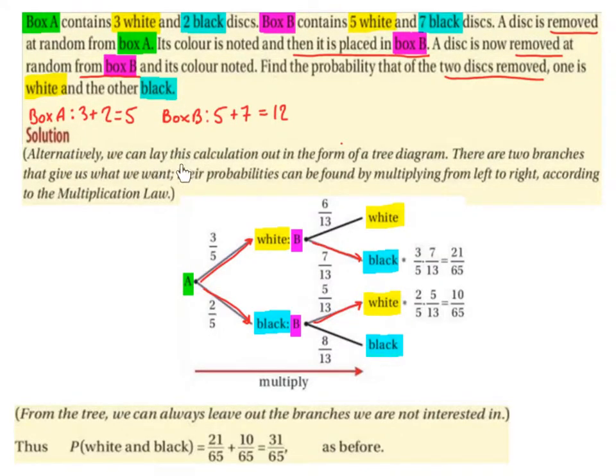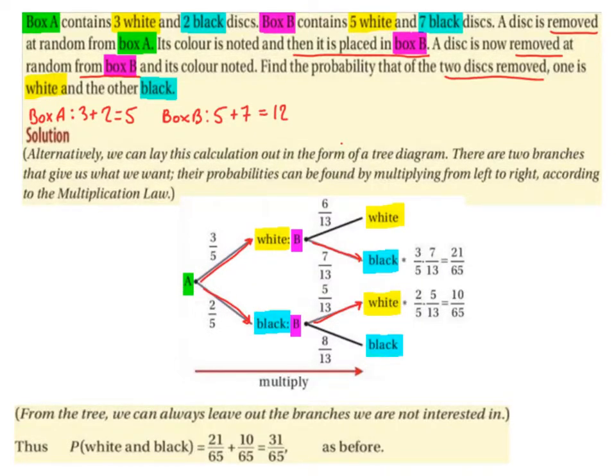Alternatively, we can lay this calculation out in the form of a tree diagram. There are 2 branches that give us what we want. Their probabilities can be found by multiplying from left to right according to the multiplication law. So A stands for box A. So choosing a disc from box A, your options are that it's going to be white or it's going to